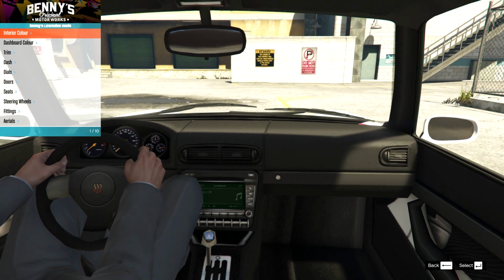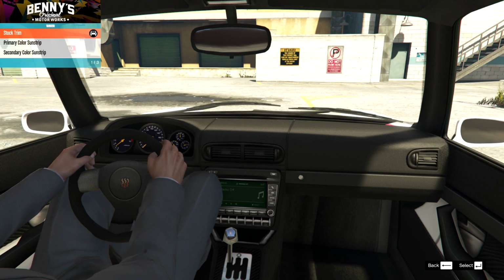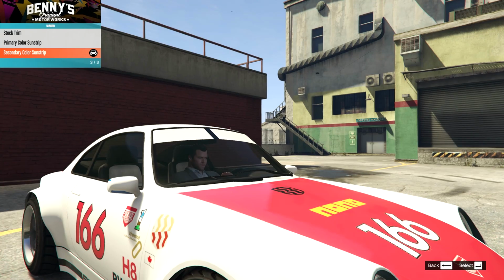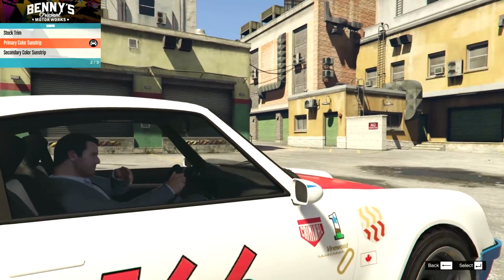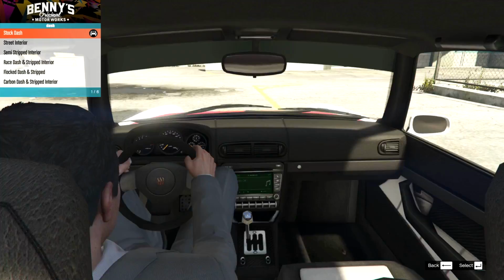Oh, there is the option to change the dash, which is good, because I am not a fan of this interior. So we go for trim, primary colour, sunstrip, and then we also have the secondary colour. That's apparently the same right now because of this livery. I'm sure we'll play with that later, but I'll leave that on so we can see what those look like. Dash, right, well, we have the stock, we have the...